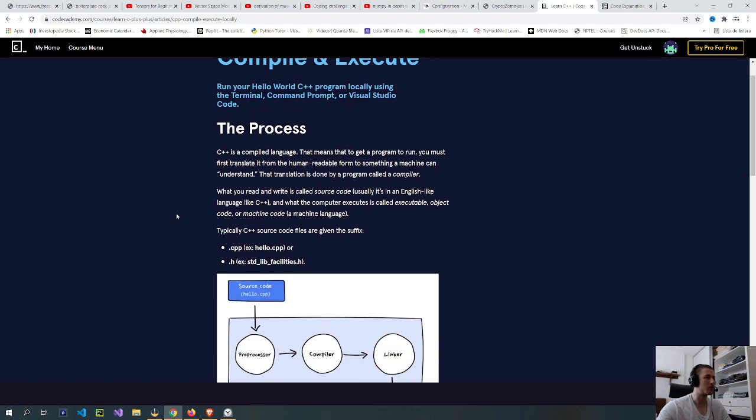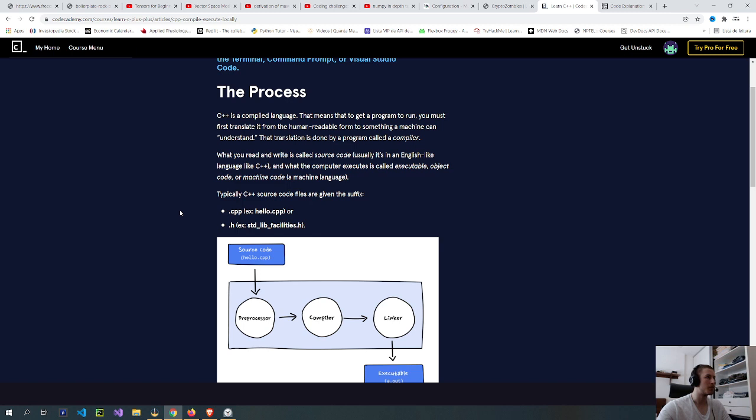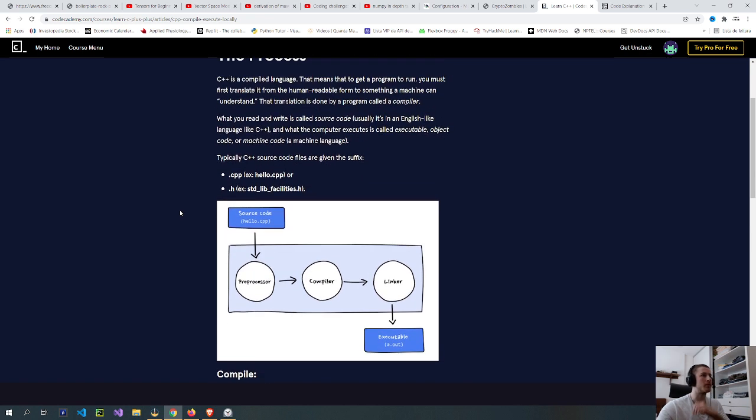Compile and execute. Run your Hello World C++ program locally using the terminal command prompt or Visual Studio Code. Process. C++ is a compiled language. That means that to get a program to run, you must first translate it from the readable form into something called machine code.